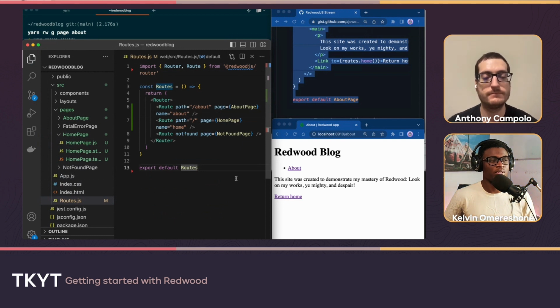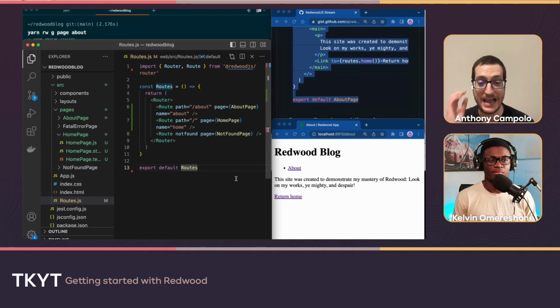Oh, I noticed you mentioned Vite is coming to Redwood. So what are you running on right now? Good old Webpack. This framework was first started being worked on in 2018, and then the .1 came out in 2020, and Vite hadn't even come out yet.